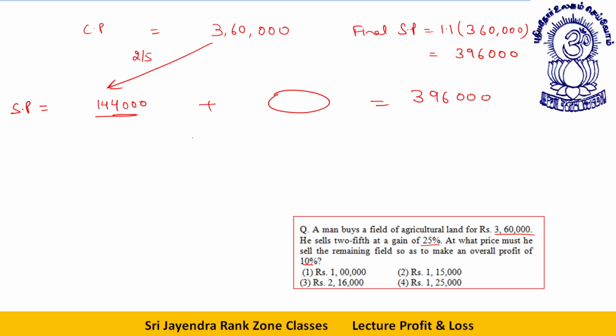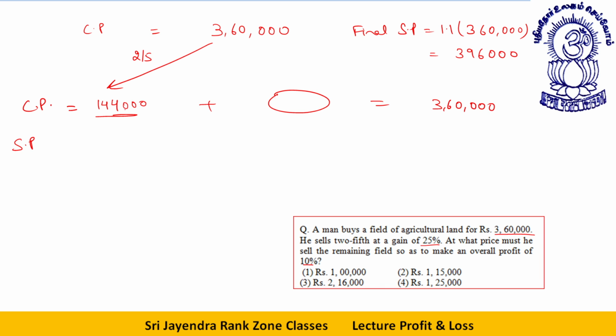Okay, dear students. Now this is 141 lakh 44. 2/5 will be 1,44,000. This is sold at a gain of 25%. 25% means you multiply by 1.25, plus this part is equal to 3,960. First of all, 2/5 is this. I think I should write it to make things more easy. Let's say this is SP. I am breaking this number into two parts. This is the total CP first, is equal to